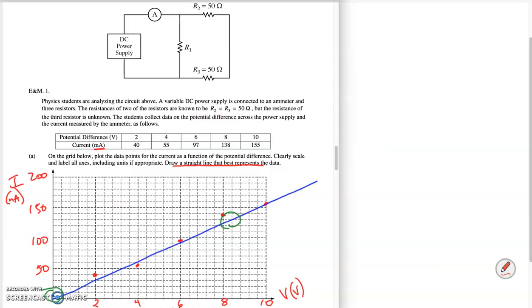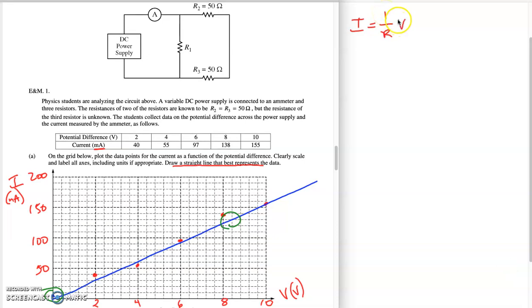I have my line and my 2 data points on the line chosen. Notice that I have not chosen any of the data out of the data table. They want you to show that you understand that you're going to use the best fit line and not the raw data to get the slope. So we're going to be calculating the slope here, and let's take a look at what this slope is going to be telling us. So what we've done is graph Ohm's law